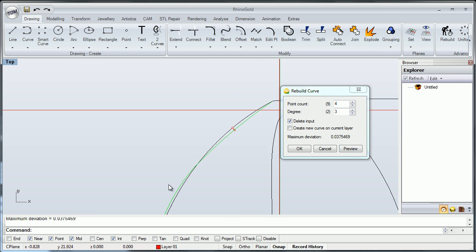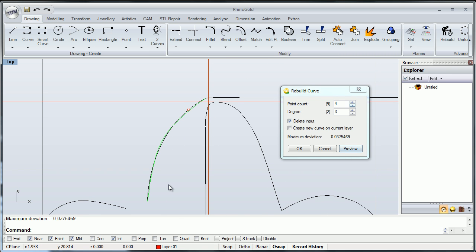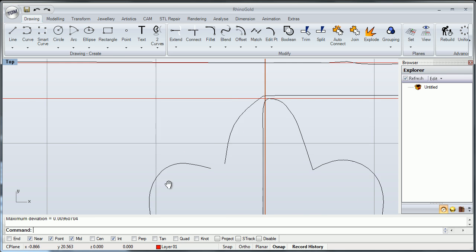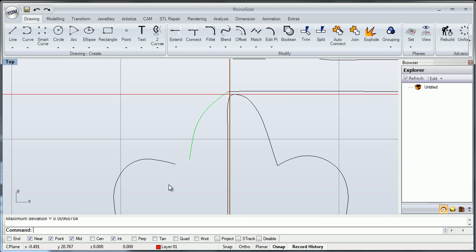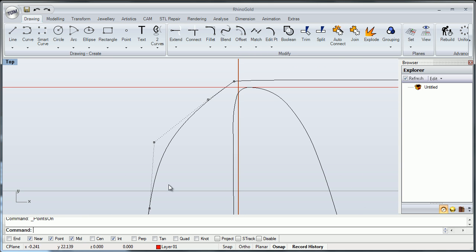Yeah, we have a small deviation here, but I think it's not important. Okay, let me define 5. Great. And now we have the curve. Now we have just one curve, because we rebuild. Then the idea is we can show the control points, and now we can move the control points to